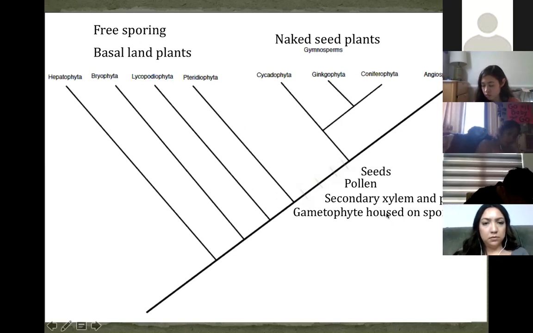And now we also have the evolution of the gametophyte being housed on the sporophyte. So now the sporophyte is the longer lived or the dominant generation, and the gametophyte completely relies on the sporophyte. It's essentially not free living anymore. It completely relies on the sporophyte throughout its entire life cycle. Usually the gametophyte is going to be housed on the